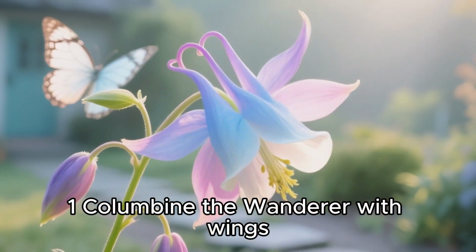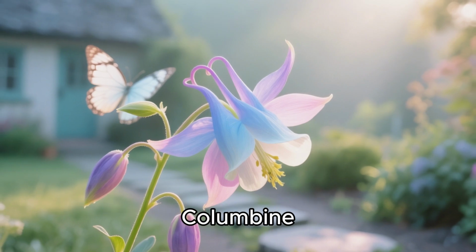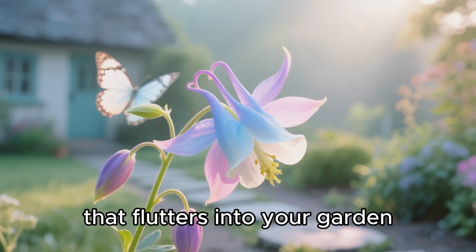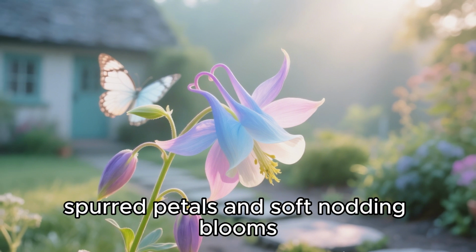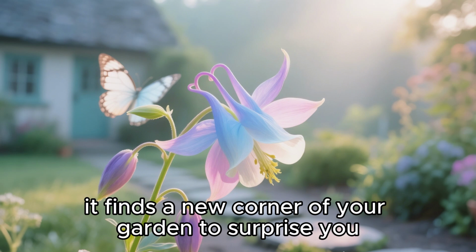1. Columbine, the wanderer with wings. Let's begin with a flower that feels like it wandered out of a fairy tale, Columbine. Also known as the garden's gentle wanderer with wings. If you've ever dreamed of a flower that flutters into your garden like it belongs to another realm, Columbine is just that, with its delicate spurred petals and soft nodding blooms. It looks like a butterfly frozen mid-flight, and somehow, every year, it finds a new corner of your garden to